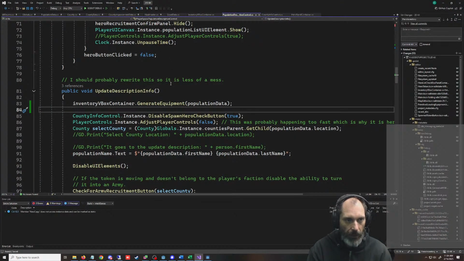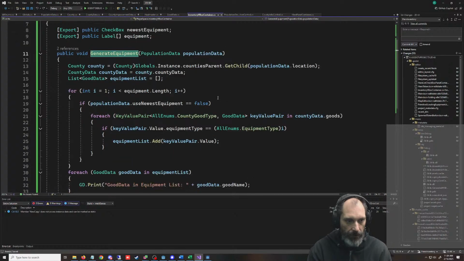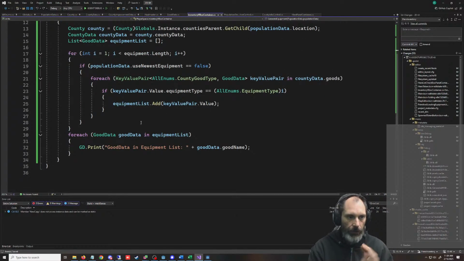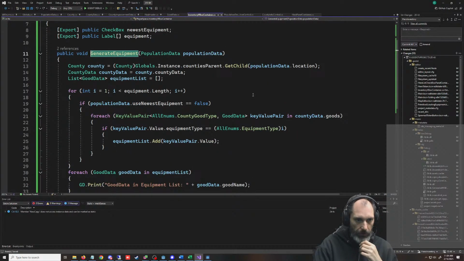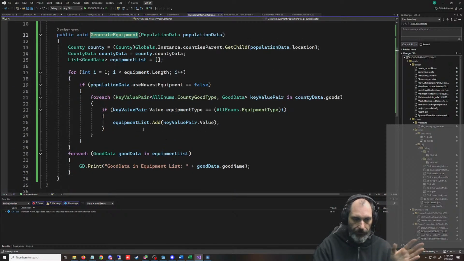So we'll leave that there for our testing, but let's jump back to this and make this thing work for everything else. So for all of these, we can do a test. Well, let's make this one work first. So how are we going to do this? We're going through the equipment length. We go through all the goods. This adds it to the equipment list. And then what we want to do is, we have to use up one of them.